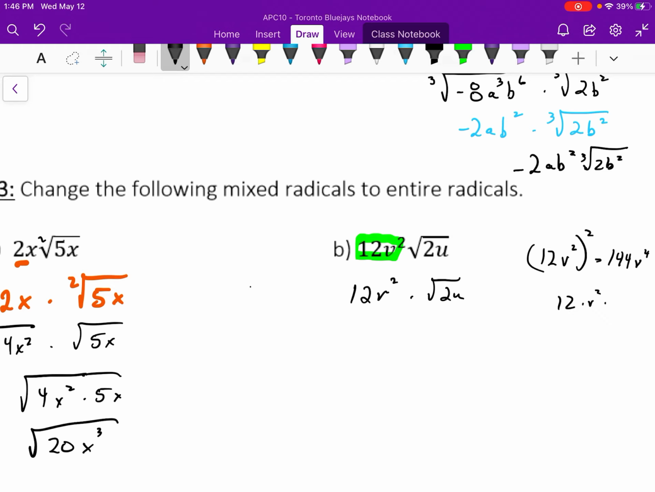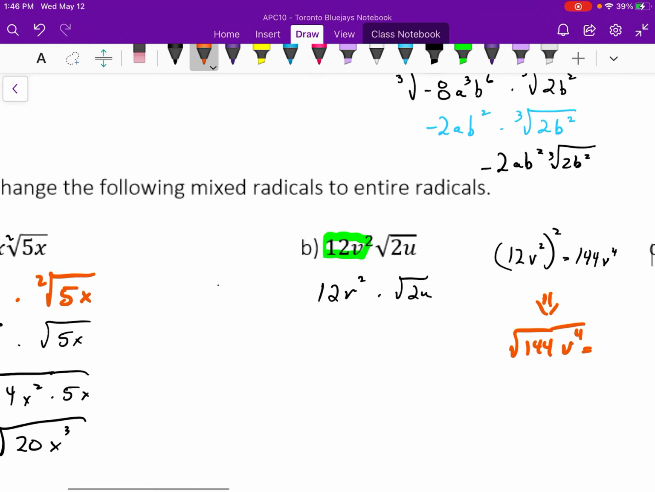If you want to know, it's 12v squared times 12v squared. I'm going to organize the constants together, 12v times 12v, and this would be v to the power of 4. And that is 144v to the power of 4. Anyways, from this simple fact, I can say that the square root of 144v to the power of 4 is equal to 12v squared. So instead of writing 12v squared, I can simply write, air quotes,